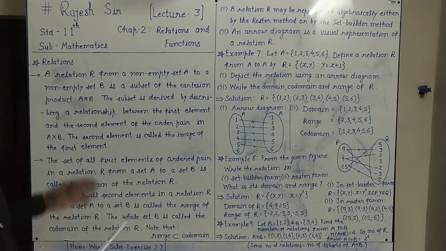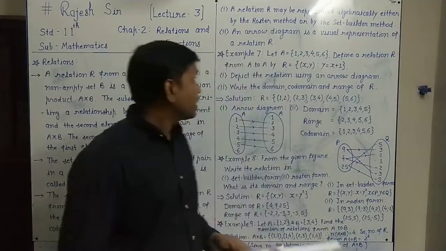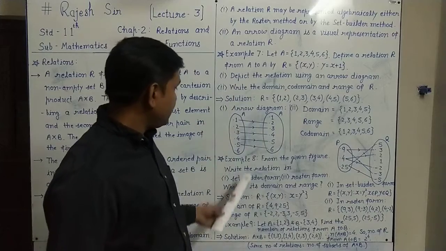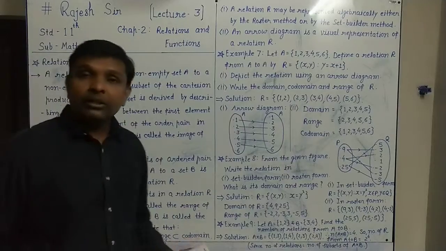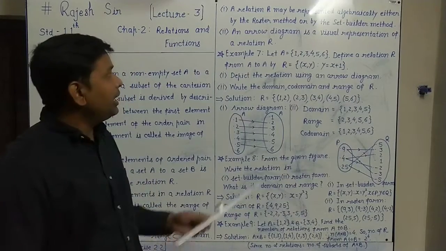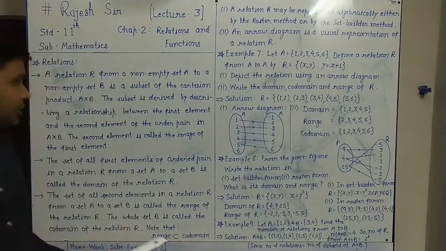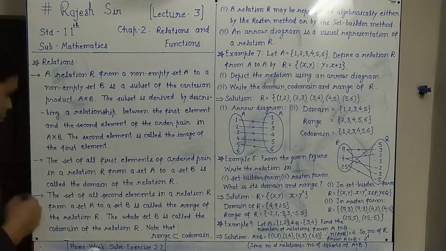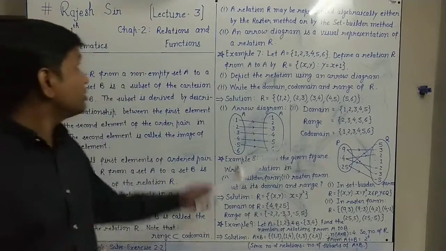So this way, we have seen some definitions of relations, domain, codomain and range, and how we can represent a relation, and with examples 7, 8, 9 we understood it very well. You are suggested to write it well, remember the definitions, learn them, and practice examples 7, 8 and 9, understand them very well. On the basis of all this knowledge and these examples, we have exercise 2.2 next. So it is your homework to solve and complete exercise 2.2. And we will see functions, the next topic, next.